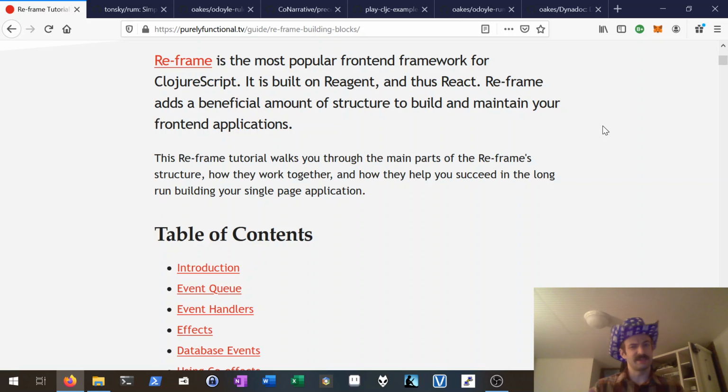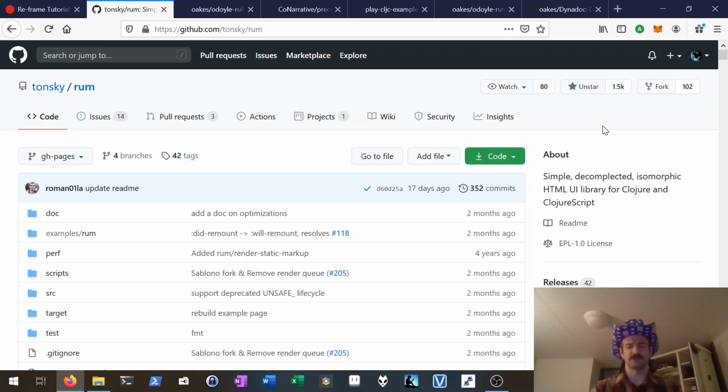So it's a powerful combination, and I used it for a while. And even today, I think it's good. I think you can't go wrong if you're using it. But, starting a couple years ago, I decided to stop using Reagent. And instead, I started using this thing, which is called Rum. And the reason I started using it is because